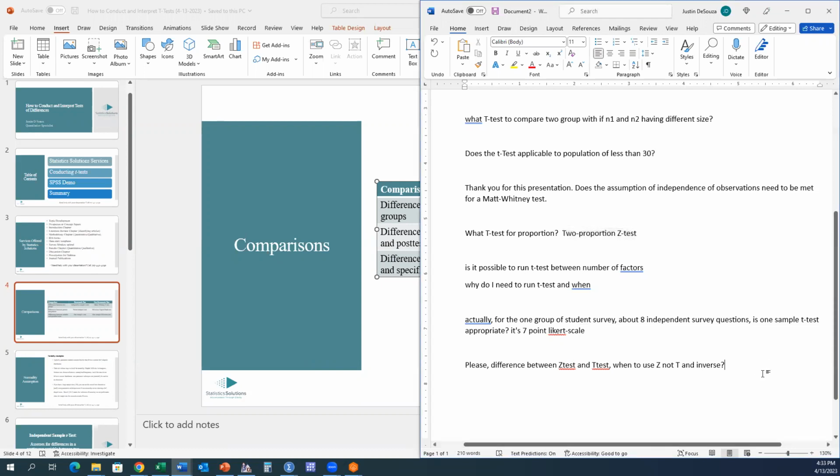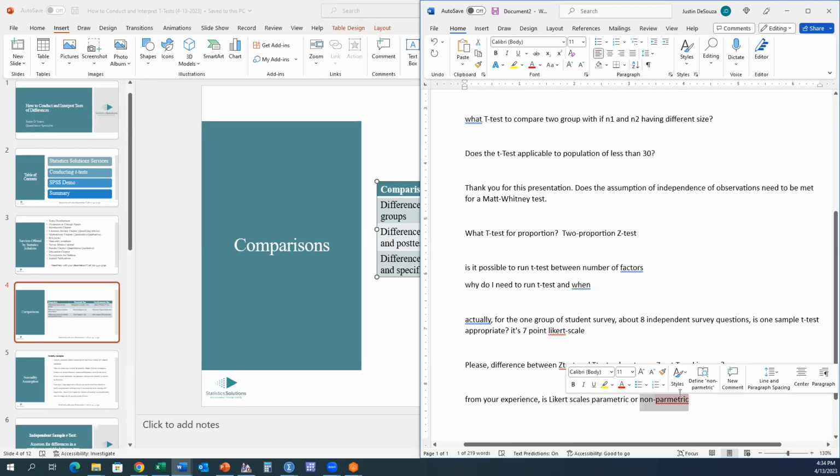Okay, we have a question from Aziz. From your experience, are Likert scales parametric or non-parametric? That's been a debate for decades. I tend to lean on the non-parametric side. If you're looking at an individual Likert scale item, strongly agree to strongly disagree, I think that's more ordinal because you can't have decimals as possibilities. So I tend to lean towards the idea that Likert scales are non-parametric, or ordinal,